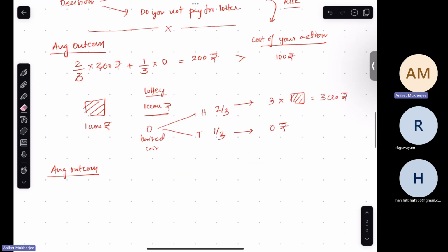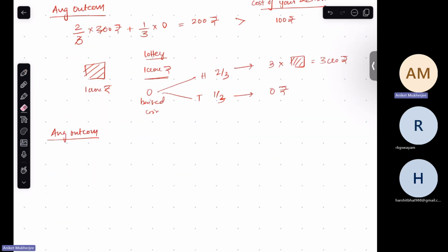And yeah, that we will go into. So the answer to all this is basically expected utility theorem, or expected utility theory. So what does expected utility theory say? Just looking at average outcomes